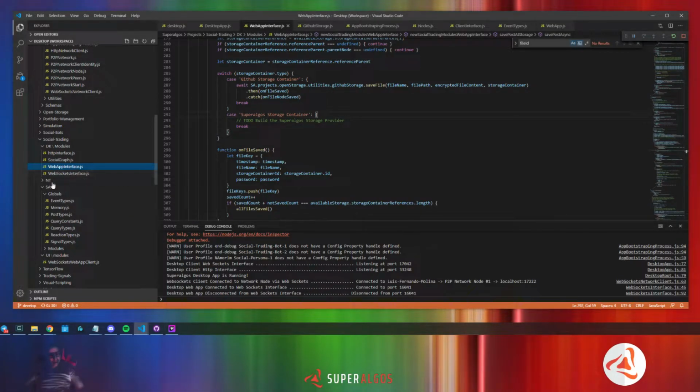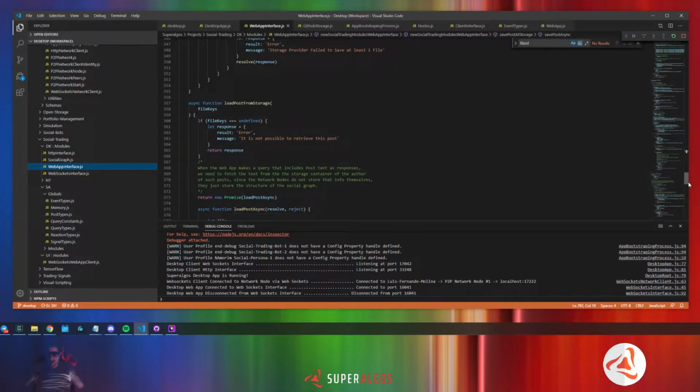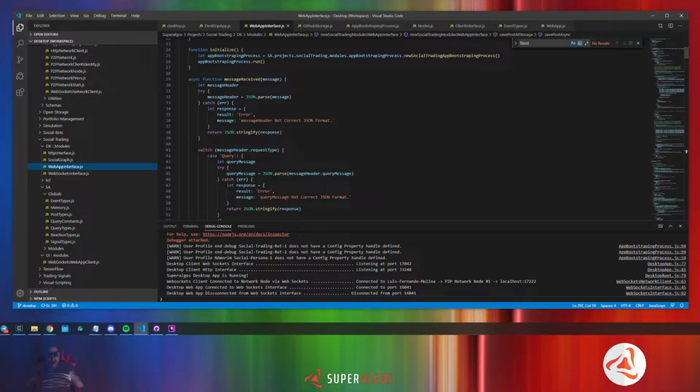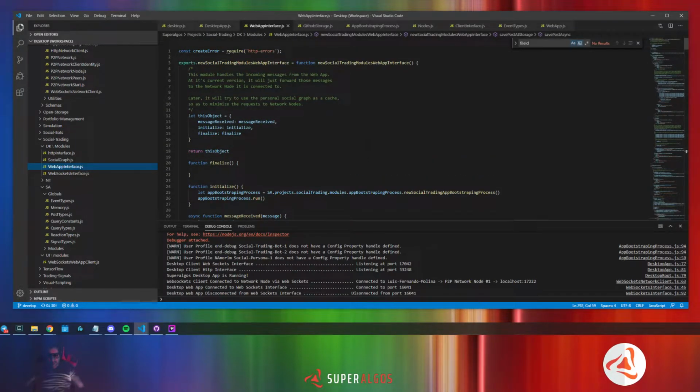that the desktop app in turn has a web app. So all the stuff coming through this web app are going through the web app interface, and from there is being handled by the network or whatever. But this evolved into having some functionality that is not really well organized in here. So now we are at the point that this is working. At least the main features that we want to be working